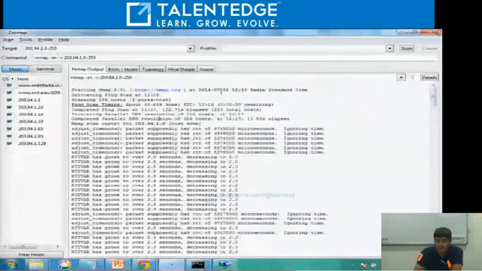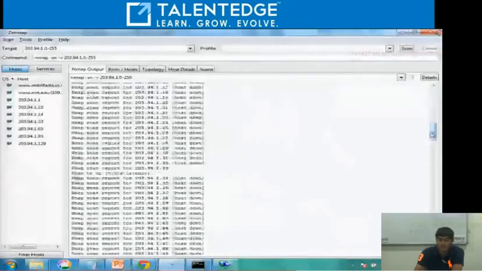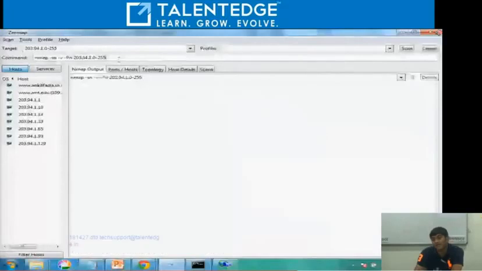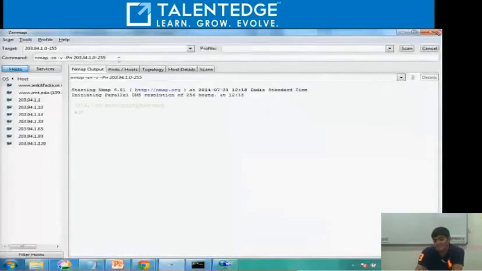Now, to find out whether it's a firewall or whether it's actually a case where all these IP addresses are down, what you can do is, in the command, type -Pn, and then you run the command again. So -Pn will avoid using ICMP protocol completely and will still try to perform a ping sweep scan for you. So that's the beauty of